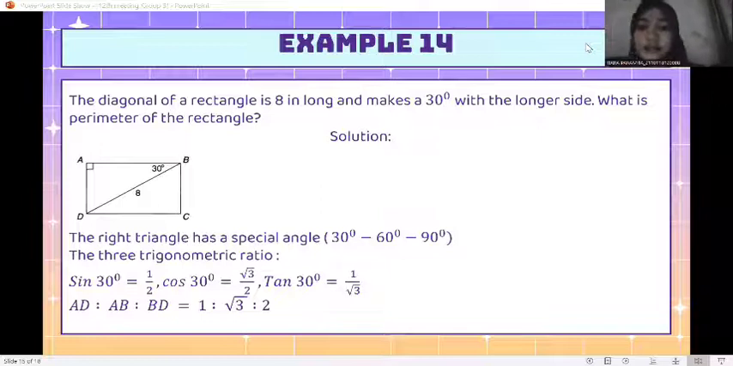Okay, the next example is example 14. The question is, the diagonal of a rectangle is 8 in long and makes 30 degrees with the longer side. What is the perimeter of the rectangle? The solution is,